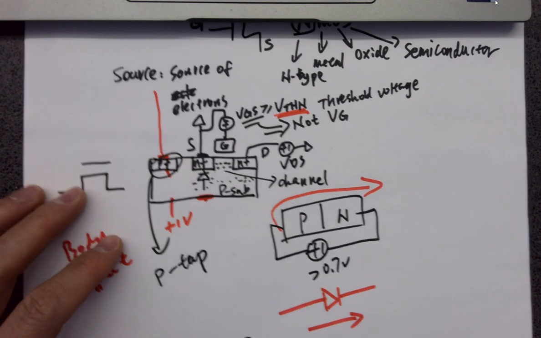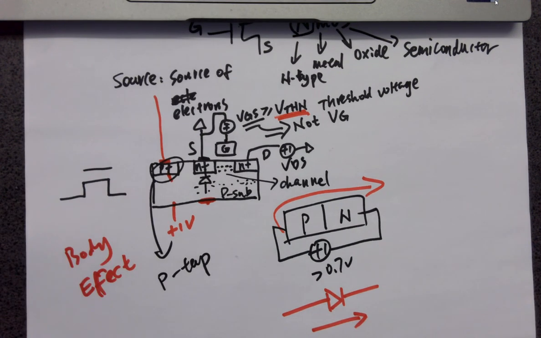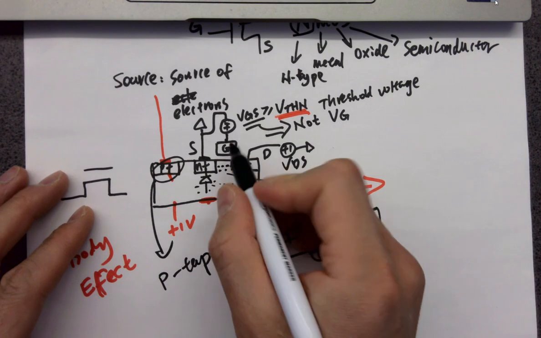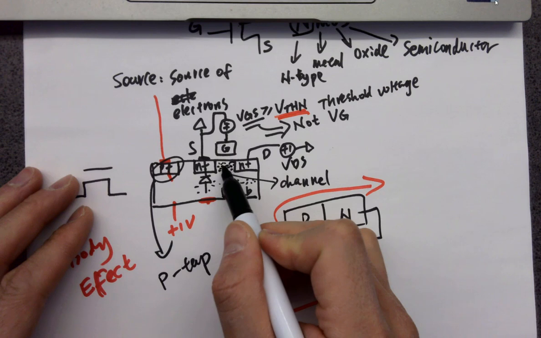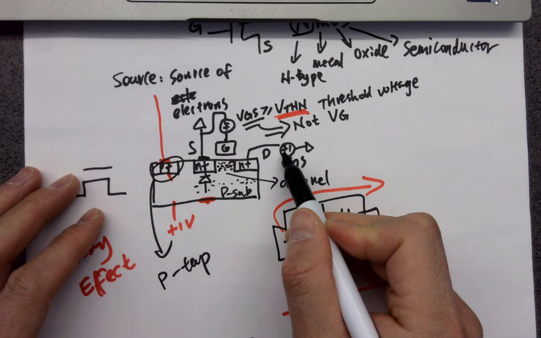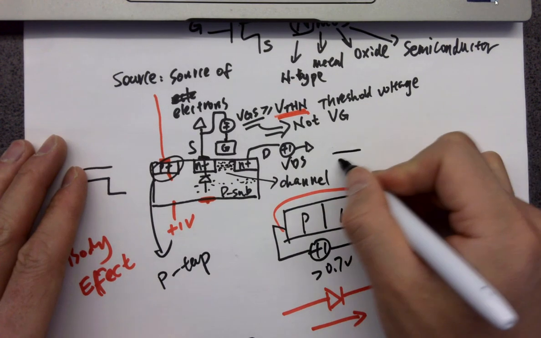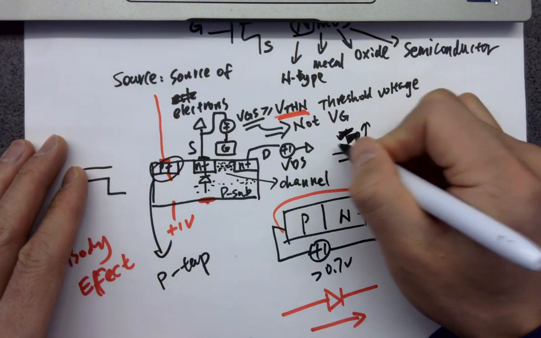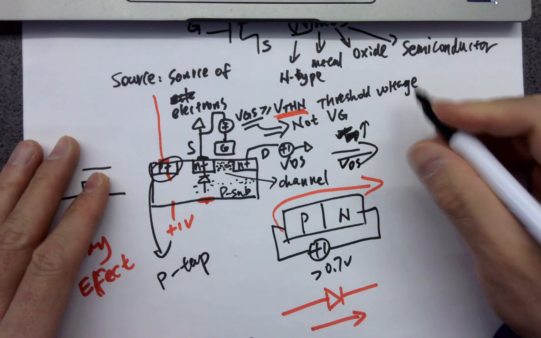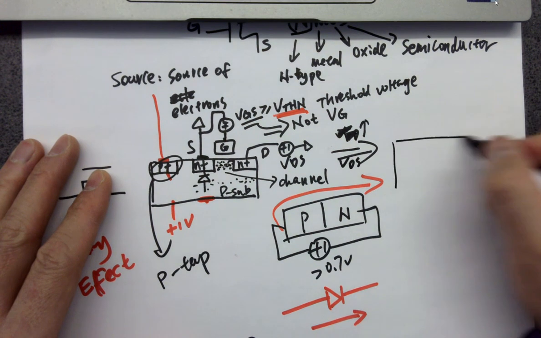Oh, we haven't gone through the curves yet. So let's look at the curves. So for here, after it forms an electron channel, and you have a VDS, keep increasing VDS. What's going to happen is, when VDS increases, the channel